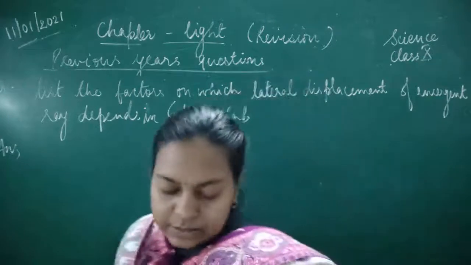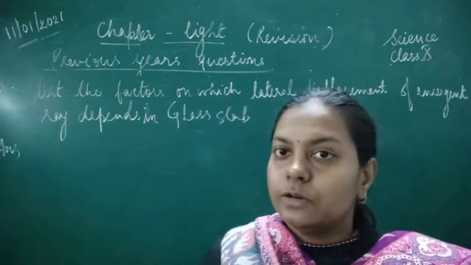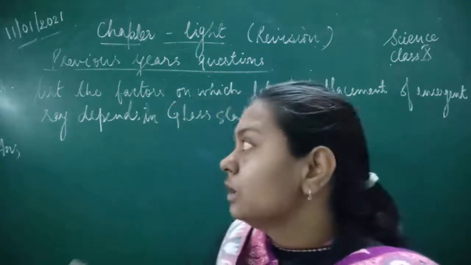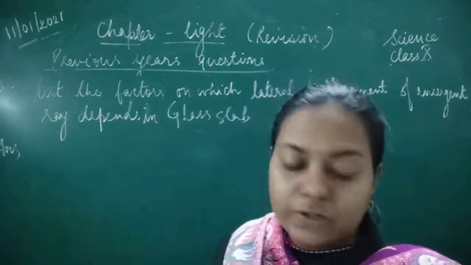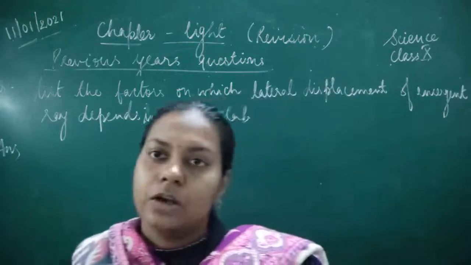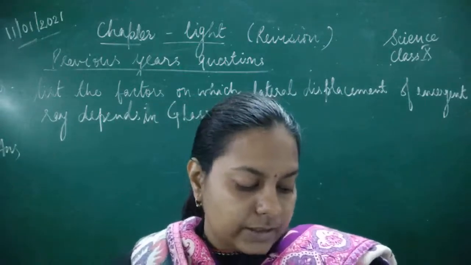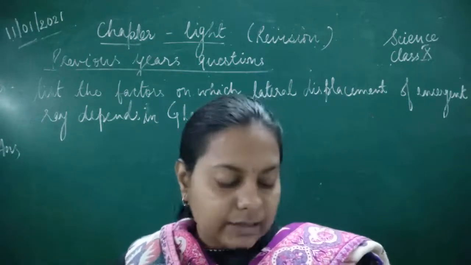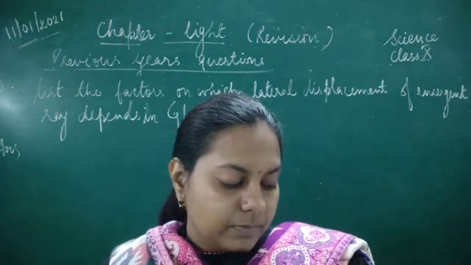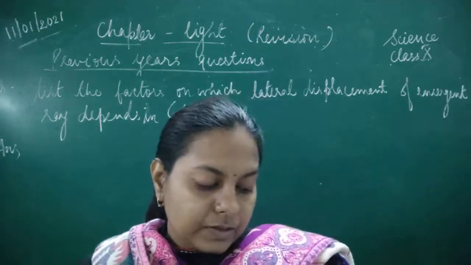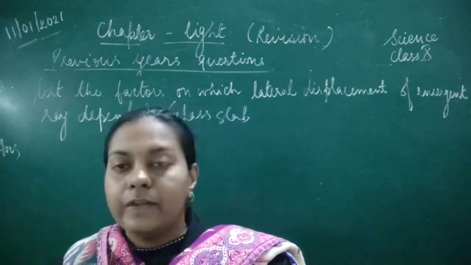So it says that a ray of light, I'm just reading the full complete question for you all, and I'm not writing the complete question over here. So this is the main theme of the question which I have written, which has been asked in this question. A ray of light is incident obliquely on a face of a rectangular glass slab placed in the air, and emerges from the opposite parallel face parallel to the incident ray. State the two factors upon which the lateral displacement of the emergent ray depends.